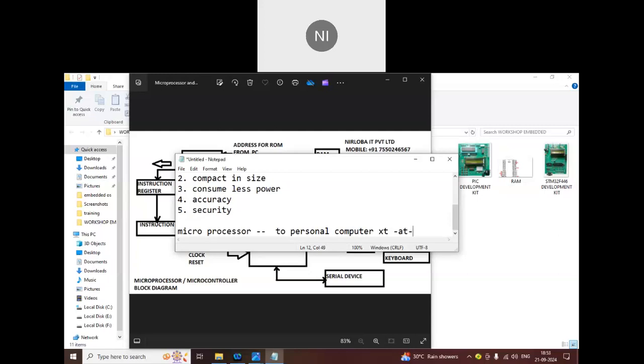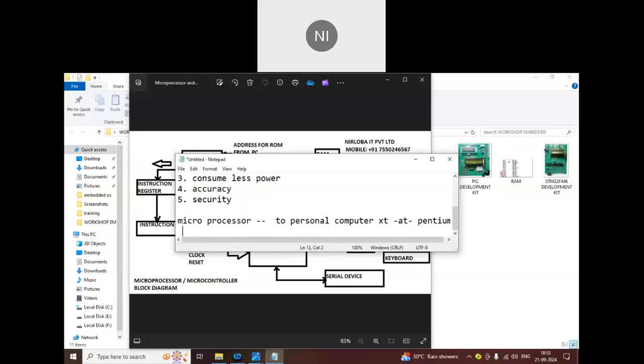After that, they introduced Pentium: Pentium 100, Pentium 200, Pentium 2, Pentium 3, Pentium 4. Now we have personal computers with i3, i4, i5 processors. In between the microprocessor and the personal computer, they introduced the microcontroller. When the microcontroller was introduced, slowly the embedded system